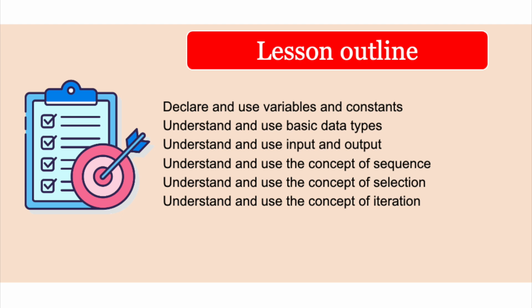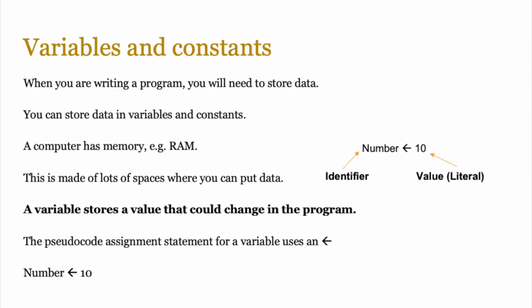Let's start with variables and constants. When you're writing a program, you normally need to store data, and you can store data in variables and constants. For example, a computer has some memory, RAM, and this is made out of lots of spaces where you can store data. A variable stores a value that could change in the program. For example, you might have a number that changes depending on what the user inputs, and that change is represented